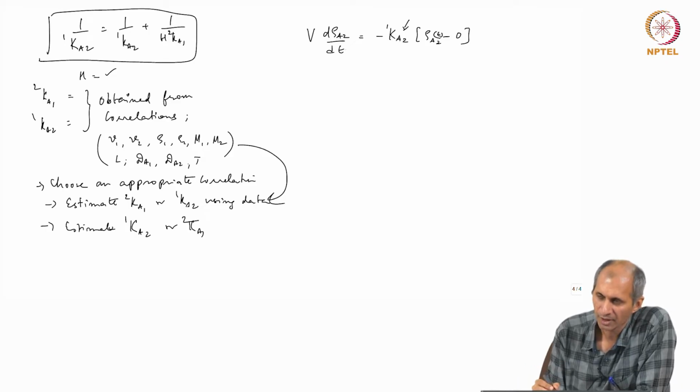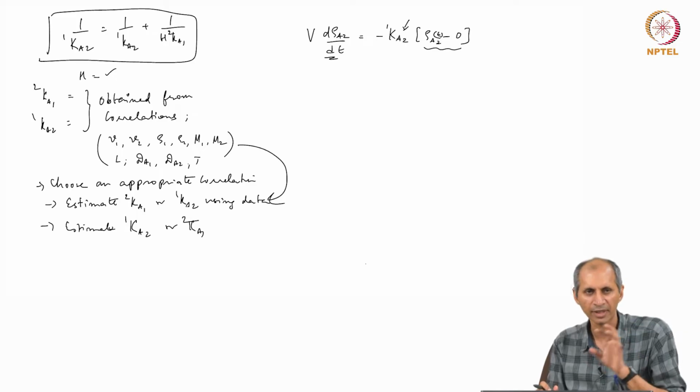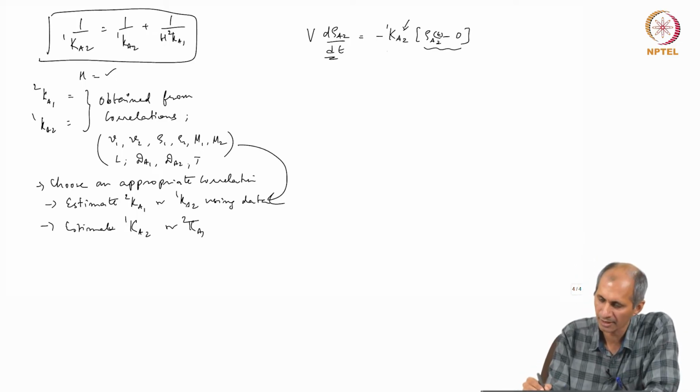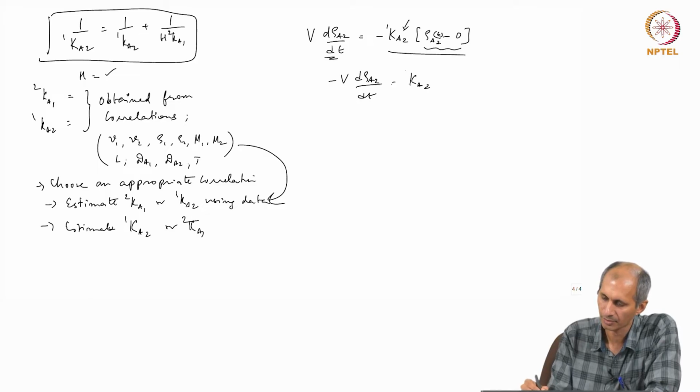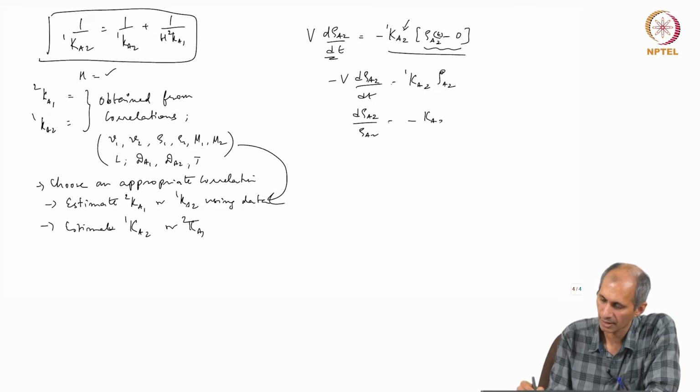The minus here is because this is the second term in the mass balance. The convention is generally that this entire thing is a positive term, and this is a negative term, since the system is losing A, the concentration of A in the system will decrease. So, the convention is to write all terms as positive. It is generally written as d rho A2 by dt equals Ka21 rho A2, where rho A2 is a function of time. Here we rewrite this as d rho A2 by rho A2 equals minus Ka2 by V dt, a very simple